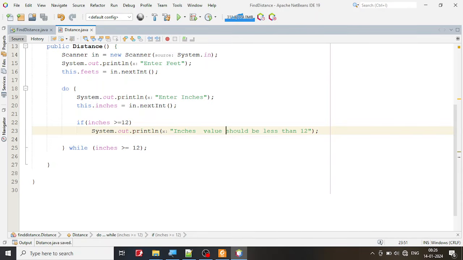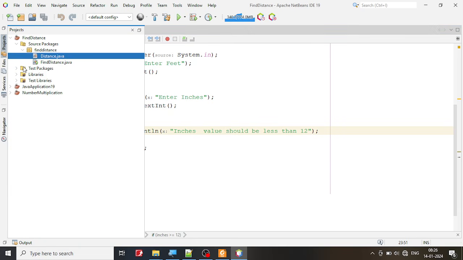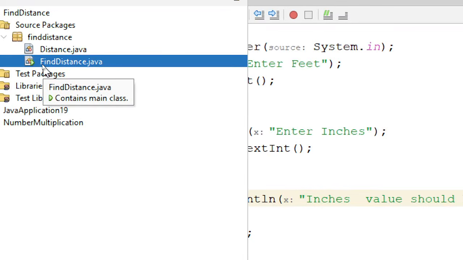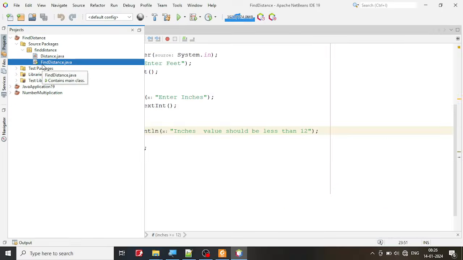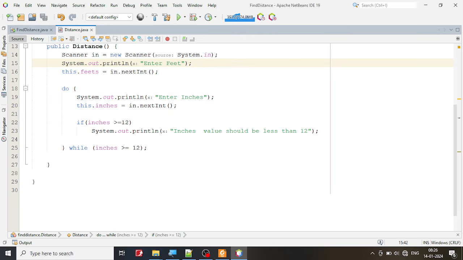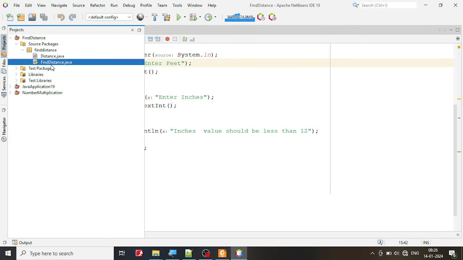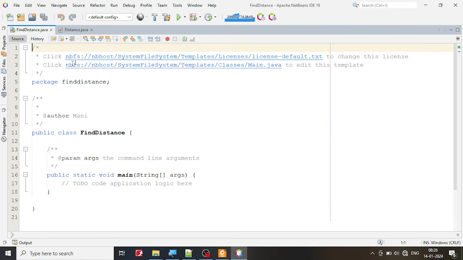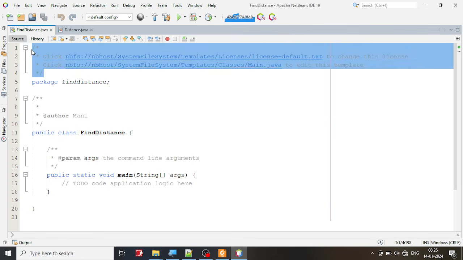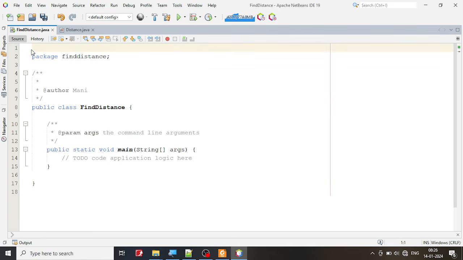Let's try to get this in action, and I'm going to show you. I'm going to come to this main class. See, there are two classes. One is this find inches, which has the main, and the other one is the distance class, which does not have the main. You can double click on them to activate it. Definitely this first line is not required. It's just a polite way of saying that you can change the template. I'm going to go to this static void main here,